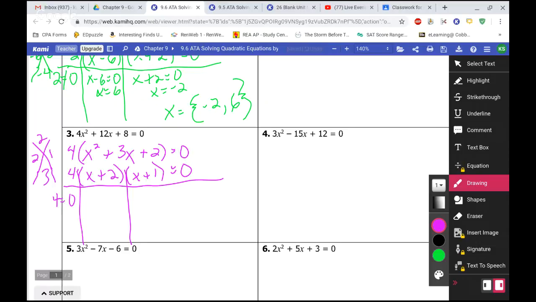So 4 does not equal 0. x plus 2 equals 0, so that gives me x equals -2, because I would subtract 2 from both sides